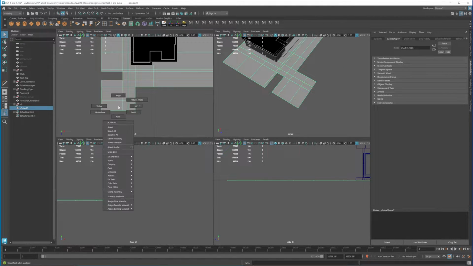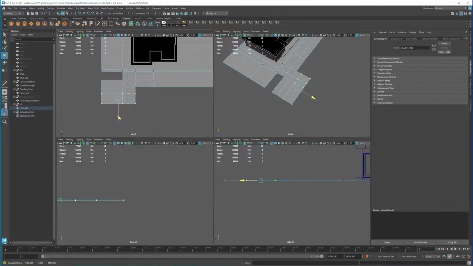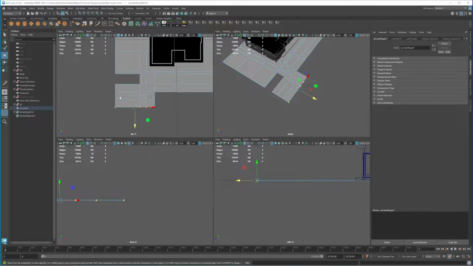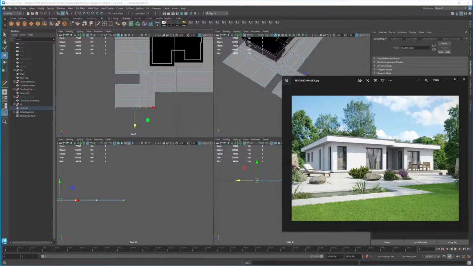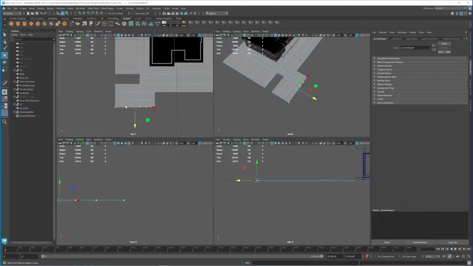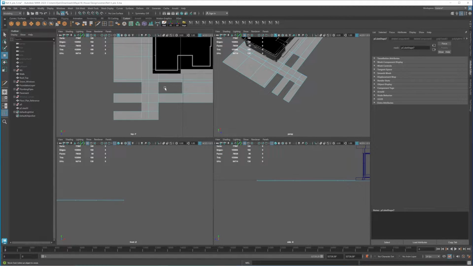I think this is probably too much, so let's push it back a little bit. I think this could be the pond that we have here. Okay, so let me delete it, and this will be the middle that we have there.